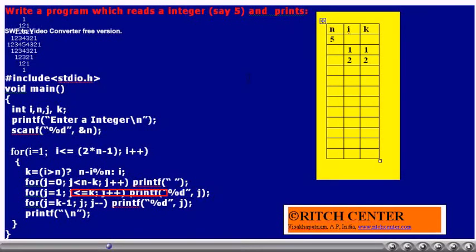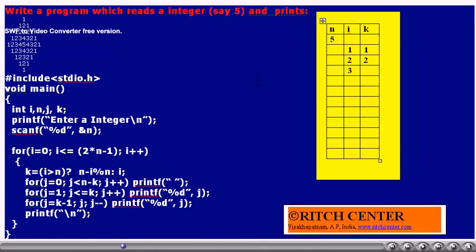This for loop runs for k times, that is 2 times, thus we will see 1 and 2 on the screen. This for loop runs for 1 time, thus we will get 1 on the screen. Thus, in this row, we will be getting 3 spaces followed by 1, 2, 1 on the screen.